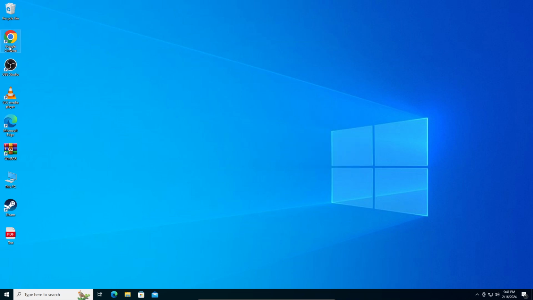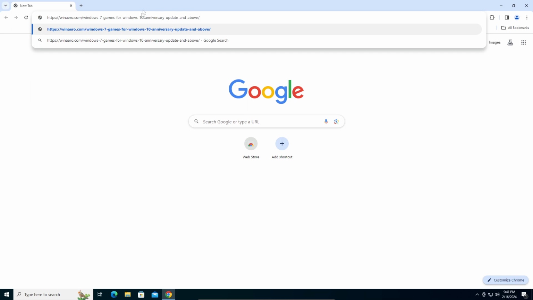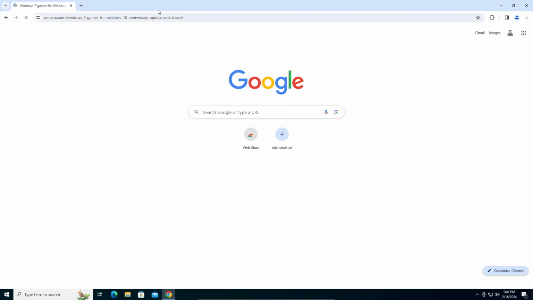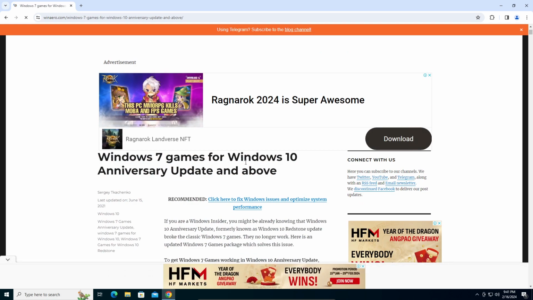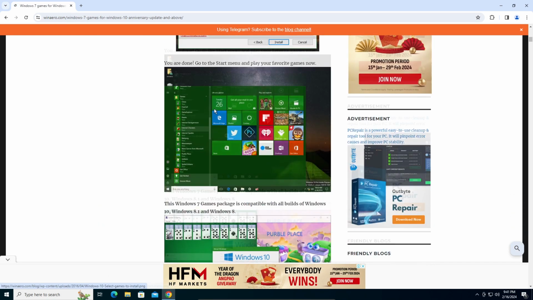So what you're going to do is go to Google Chrome and paste this link in the address bar. This link is given in the description, so just copy it and paste it into your address bar. Click on enter. It should take you to a blog post. Here it says Windows 7 games for Windows 10 anniversary update and above. Okay, so here I'm just going to scroll down